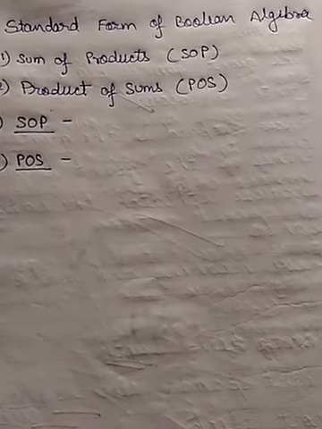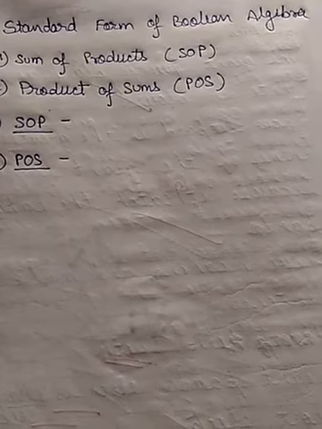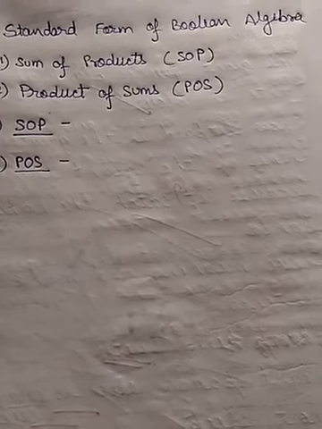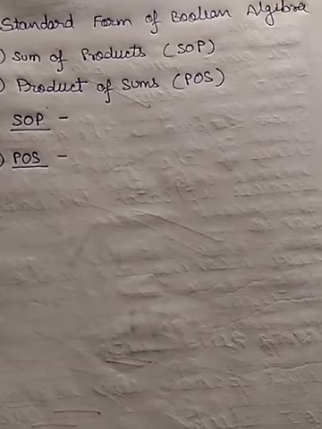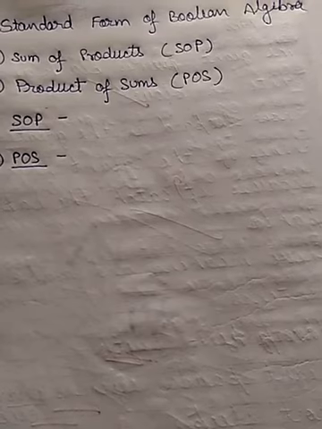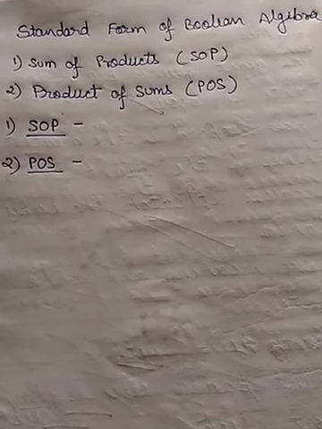In Boolean algebra, there are two logical operators which are binary, that is AND and OR. So, in a Boolean function, if all the terms are added and each term of that function is in the form of a product, then that function is said to be sum of product. And if all the terms are multiplied and each term is in the form of a sum, then that is said to be product of sum. Sum of product is also known as SOP, and product of sum is also known as POS in its short form.